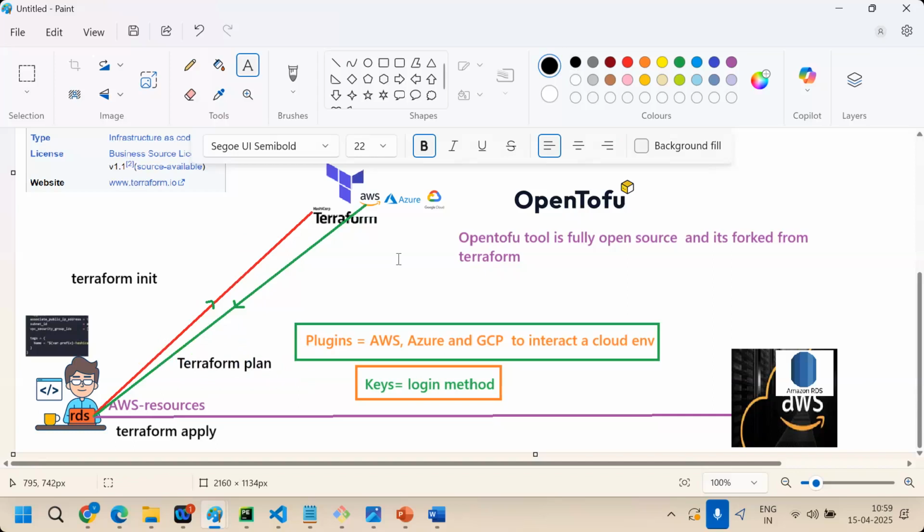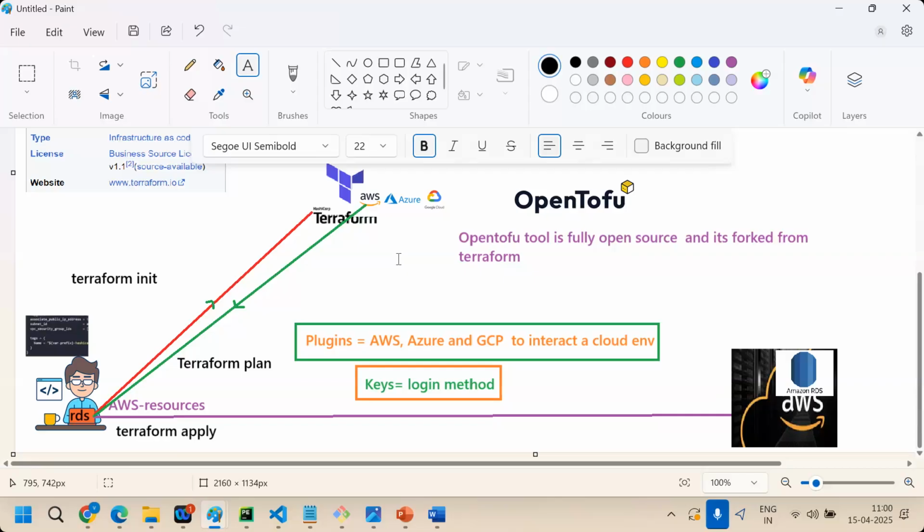Before terraform apply, I can run terraform plan, which will show what you are going to create. Proceed means give apply. Until you run terraform apply, no resources will be created in the AWS, Azure, or GCP environment. Plan shows just the plan of action. Clear now?